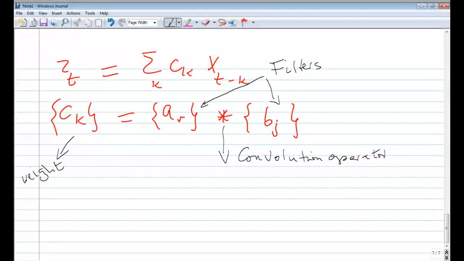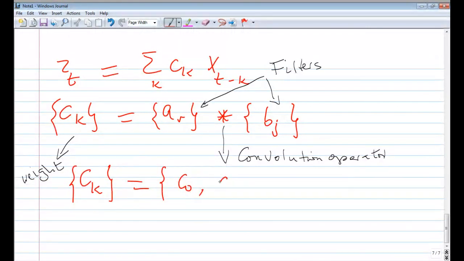So this formula, you can't use it to calculate the convolution of three filters. It's only for two filters. You use it only for two filters. More than two, it can't apply. So C_k, which is a weight, is also equal to